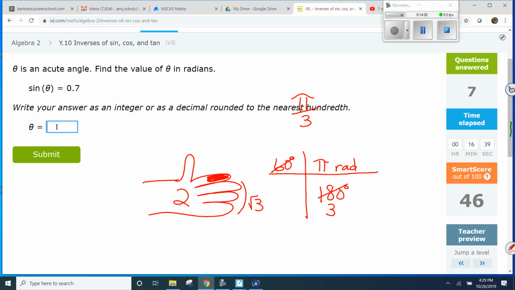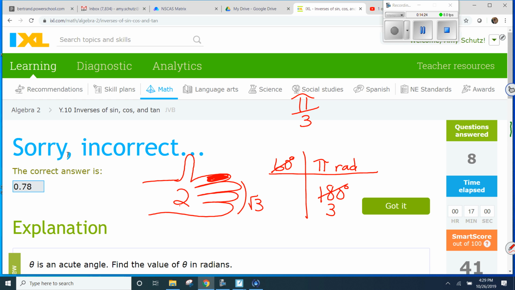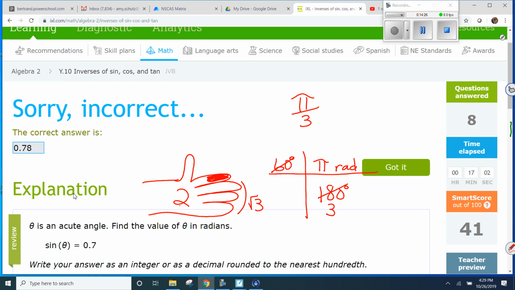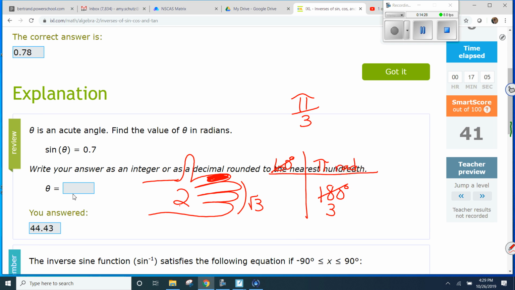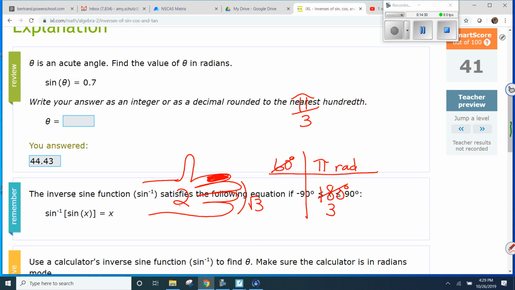And I think if you type that in on your calculator, which you don't get, I don't think they're probably going to give you this type of question. It's a good thing to know that radical 2 over 2 is about 0.707 though. But anyway, I think if you round it to the nearest hundredth, you get that. We'll see if I'm wrong or not. Why is it 0.78? Oh, because it's